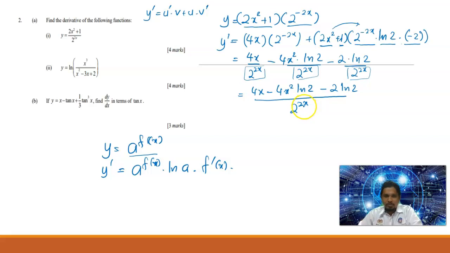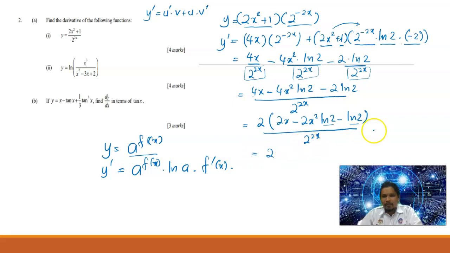Okay, so you may factorize this. We have 4, 4, and 2. So take out the 2 here, and then 2x minus 2x squared natural log of 2 minus natural log of 2 divided by 2 to the power of 2x. Okay, and then between this, we have natural log of 2 and natural log of 2. So then 2